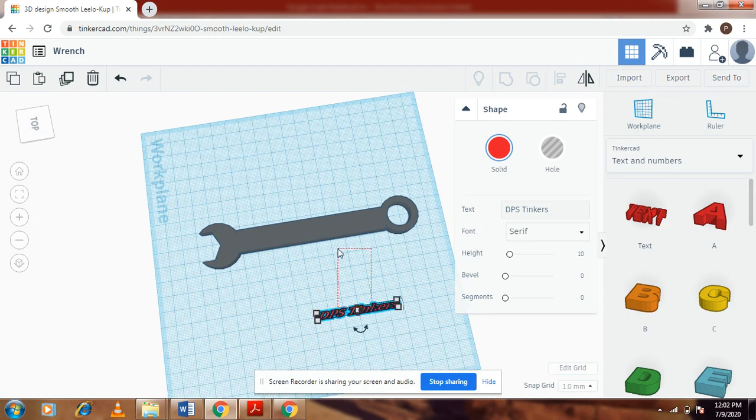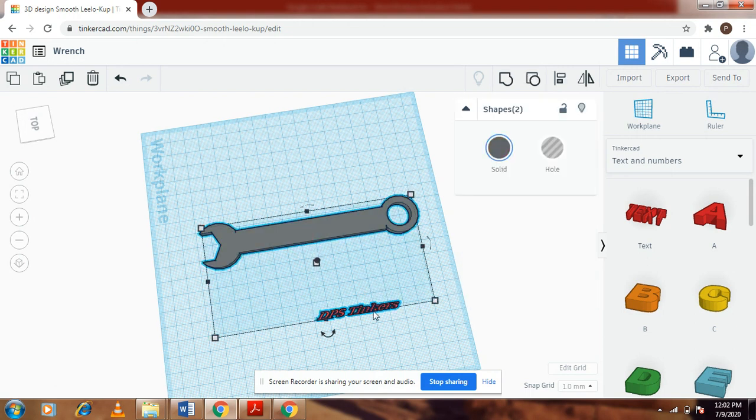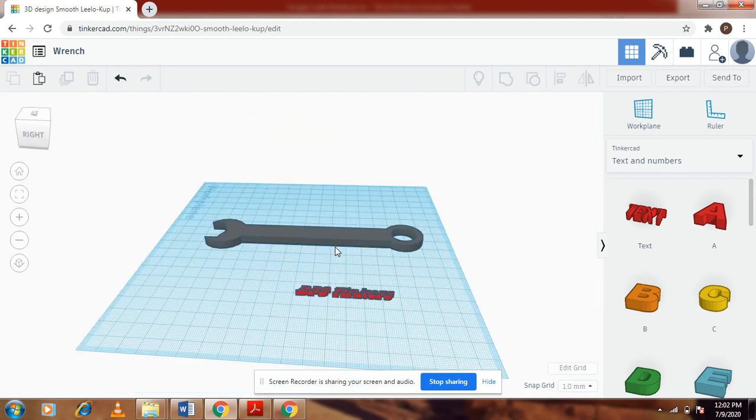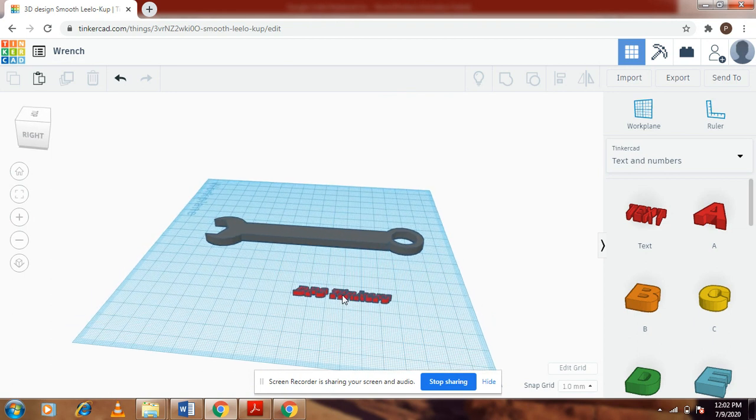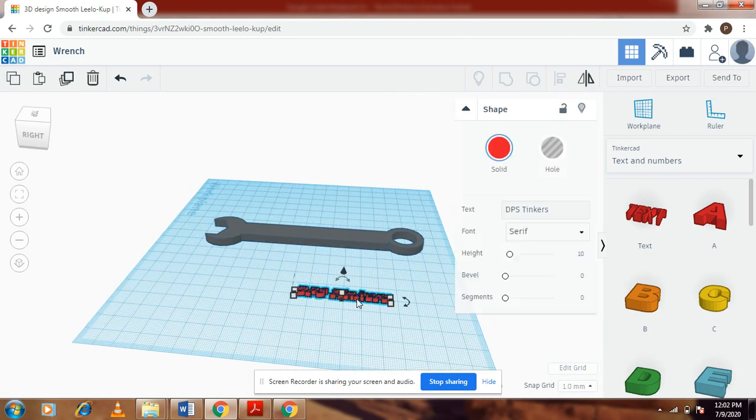So you can now gently place it on your wrench, but you need to first lift it from the workspace. This arrow right here allows me to lift any object from the work plane.